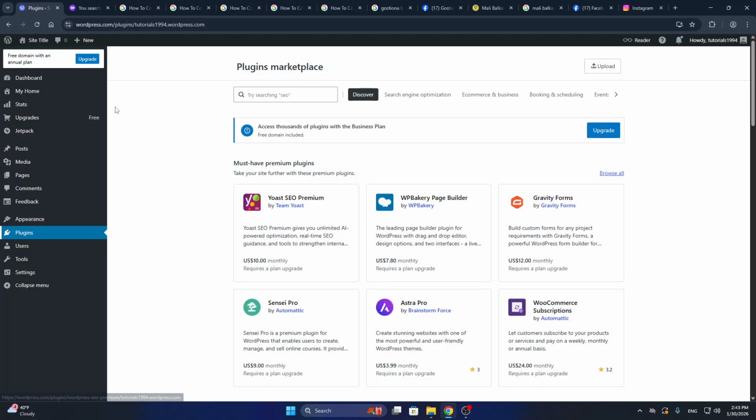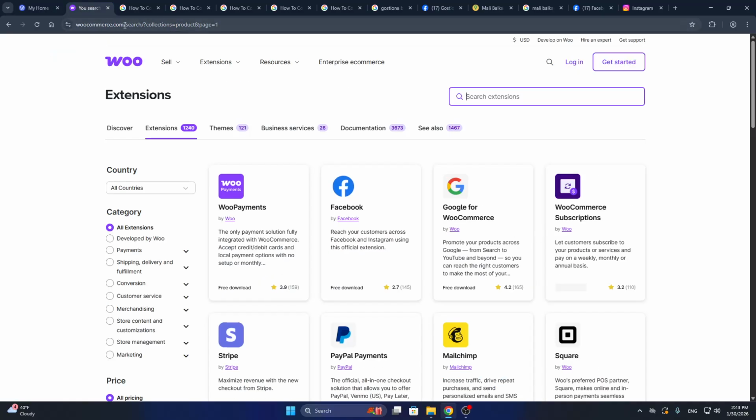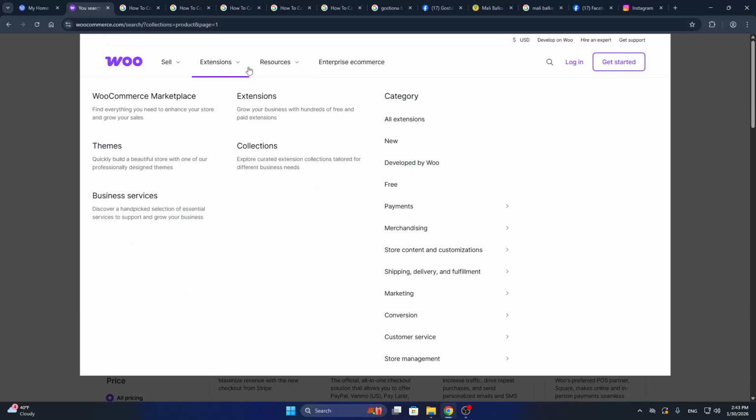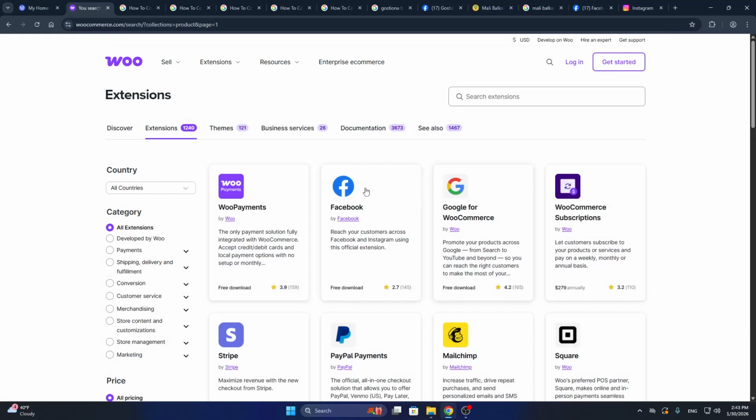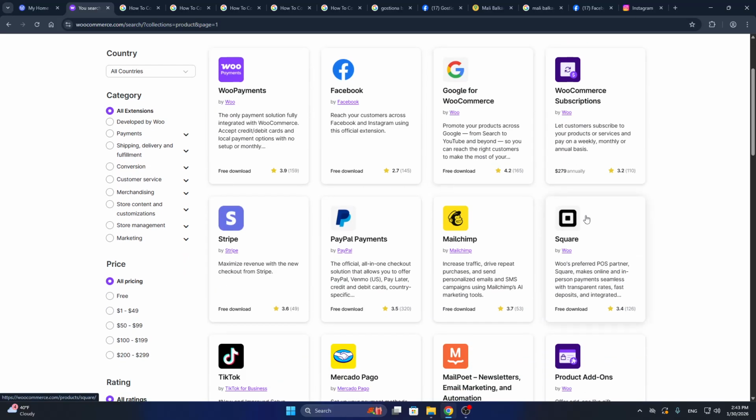So now let's take a look at the extensions we need to find. We are going to go to the official WooCommerce website right here, woocommerce.com, and at the top of the screen we are going to access the extensions marketplace. This is going to open up this marketplace from where we can take a look at all the extensions we can use for our store, and as you can see, one of the first ones you can see is called